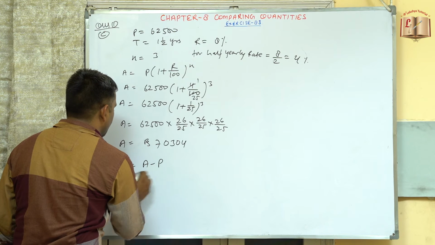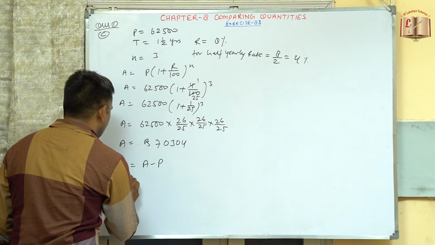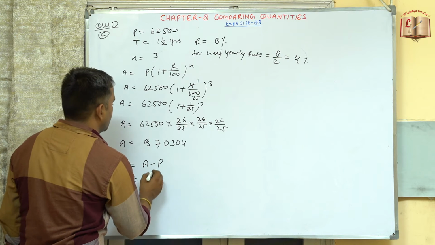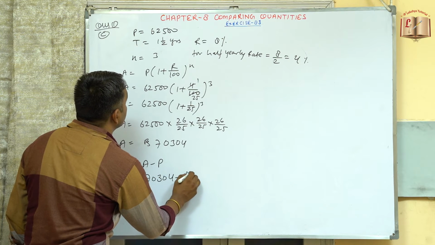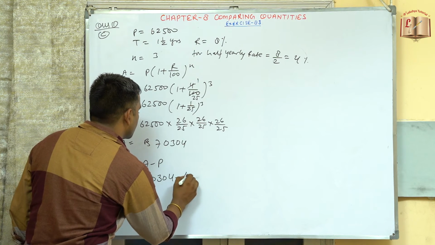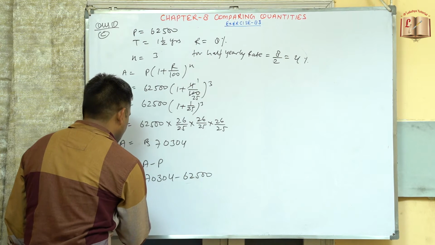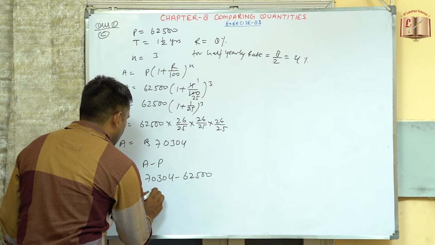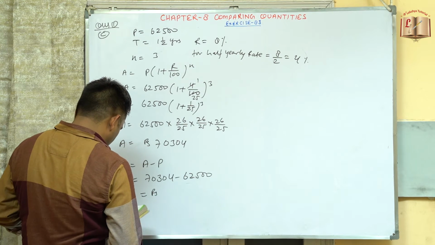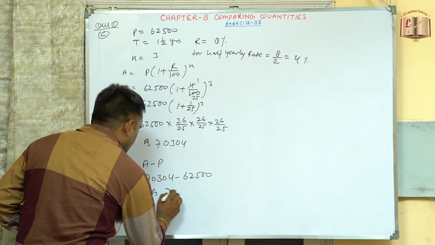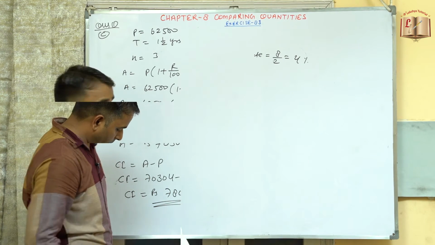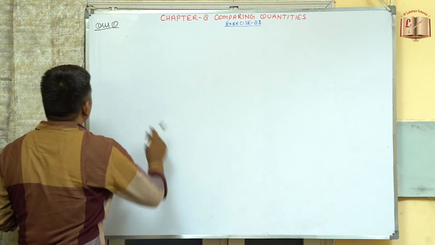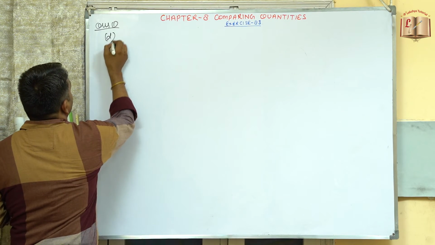CI will be A minus P. So CI is equal to A, which is 70,304, minus P, which is 62,500. On subtracting, we get CI equal to 7,804 rupees. So now coming to the D part of this,